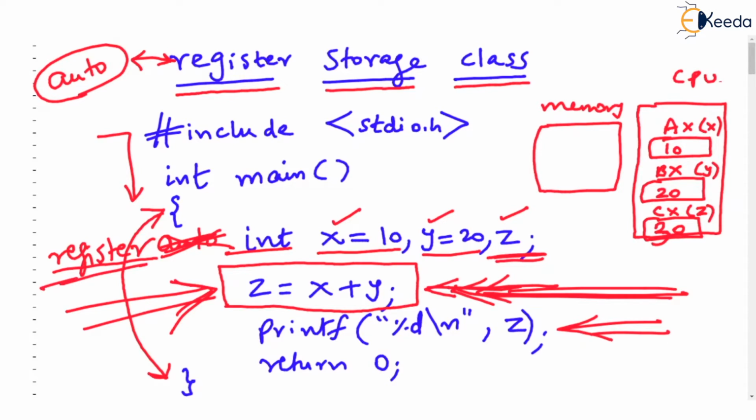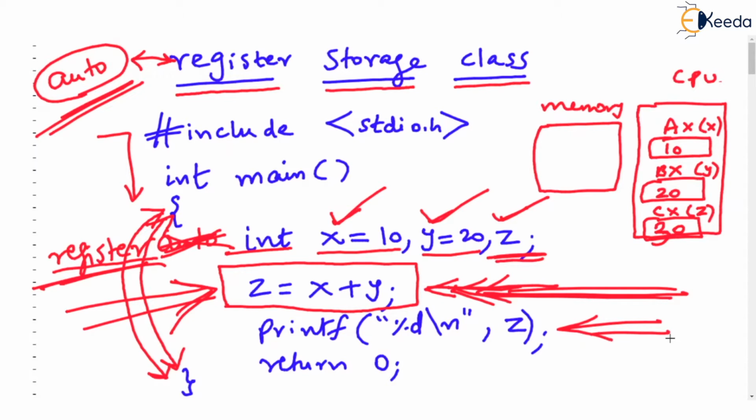Register storage class variables are always declared within a scope. Please try to understand this. That is, there should be a brace open and brace close within which you will declare the register storage class variables. So that's why I said this is the same as auto in a sense, because they are also local to the scope. Tell me, where can you use X, Y, and Z although they are in the CPU? Yes, only within the scope. Outside the scope, X, Y, and Z are not available.